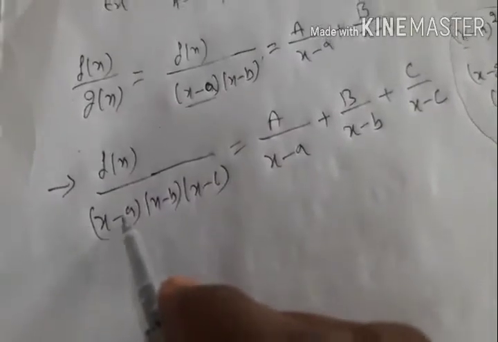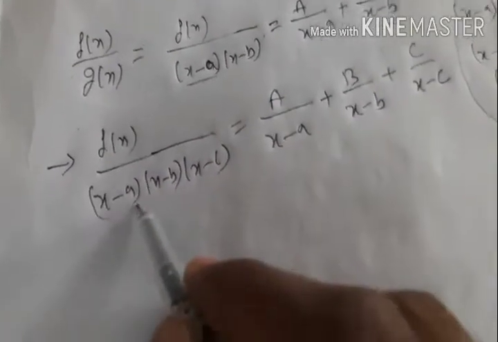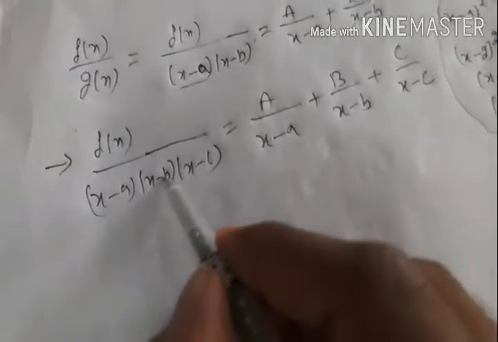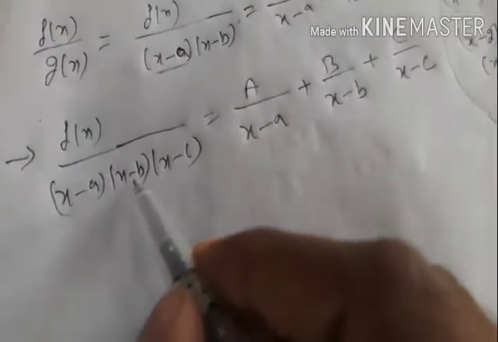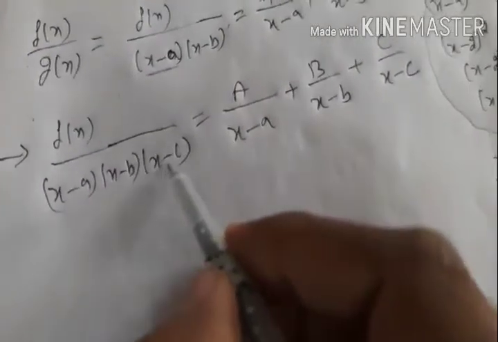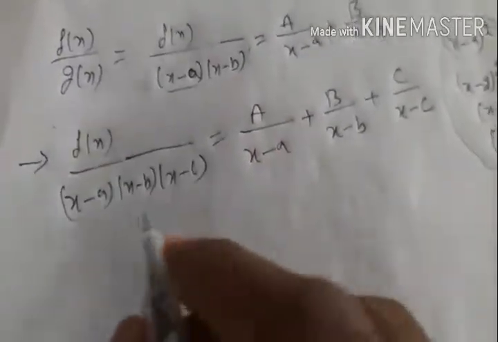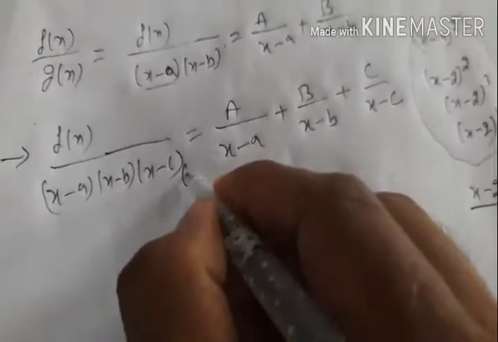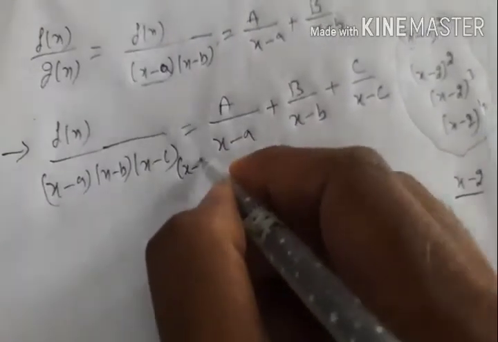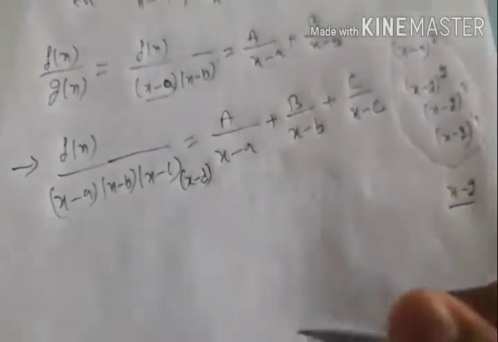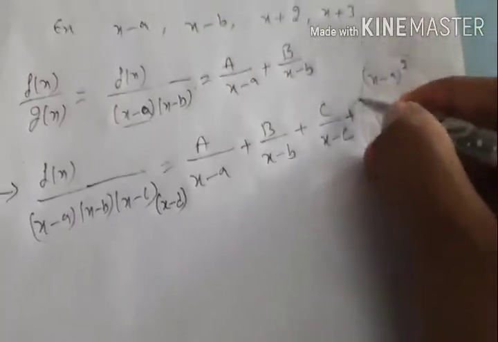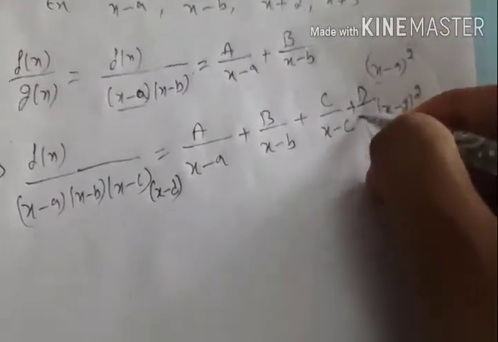That means g of x has x minus a as a non-repeated linear factor, x minus b also a non-repeated linear irreducible polynomial, and x minus c also a non-repeated irreducible polynomial. If in this problem one more factor x minus d is there, here also we take a fourth constant d by x minus d, for example,